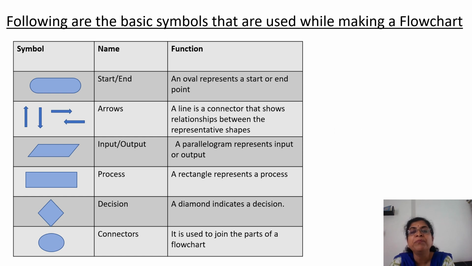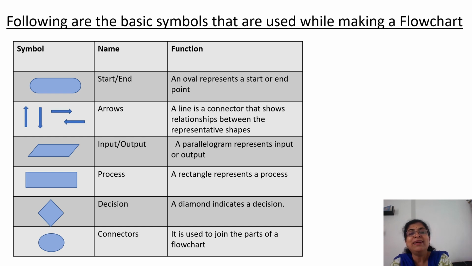The first symbol, that is the oval shape, shows the start and end of the flowchart. Arrows, the lines, are connectors that show the relationship between the representative shapes. Then the parallelogram shows input and output. Then the rectangle shows the process, the actual process of the